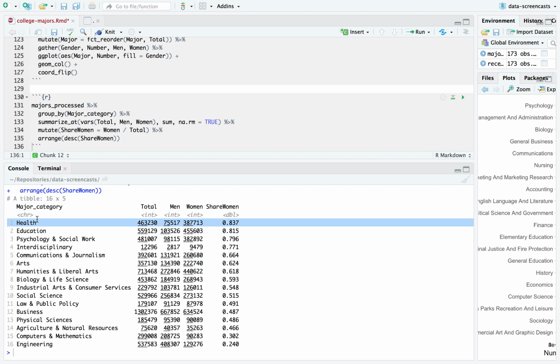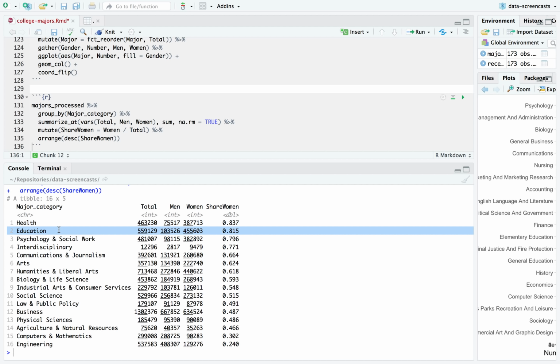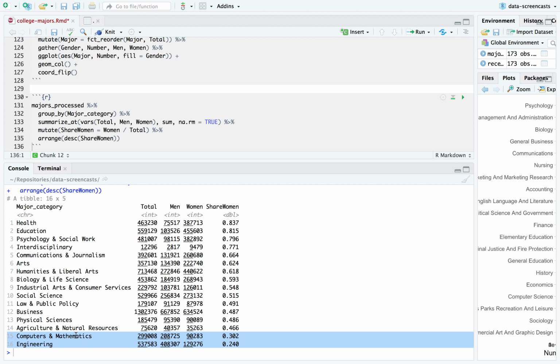There we are. We generally see health and education, about 80% women. Engineering, computers, mathematics, more like 25 to 30% women. So this looks like our variation. All right. You know what's interesting about this